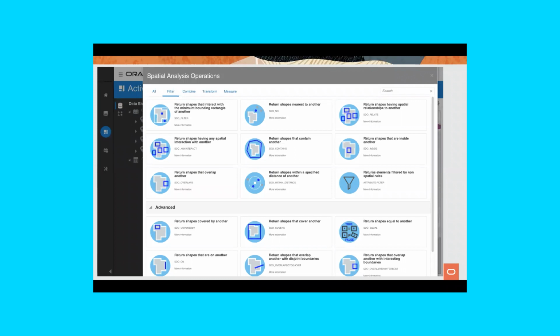So this is an example of what a spatial analysis will look like. For example, if you want to return shapes that interact with each other, then you can just click on this thing, and that will walk you through a dialog, and then you fill in the required details. You can say what data sets to use, and everything will be guided for you. So you don't have to write any code. You just walk through these bunch of screens and then drag whatever analysis that you want to do, and then in the end, when you finish it, it will generate the SQL that is required for doing that SQL analysis.